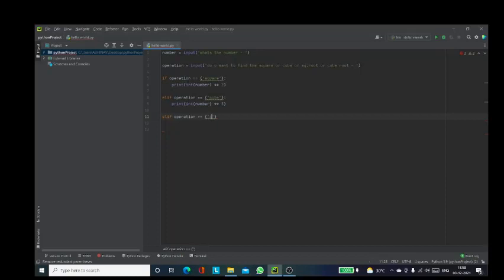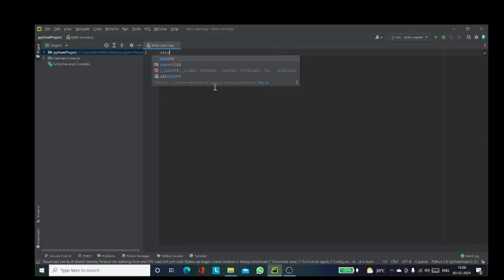So there is an equation that we should use to find the square root. For that we have to use the import command, which helps us define the values so that we can use them later. So now we will just cut this whole thing, and after that we will put import math.